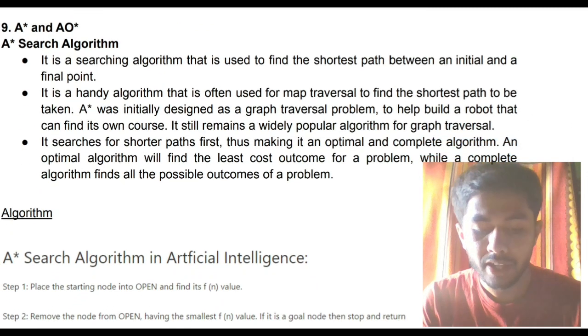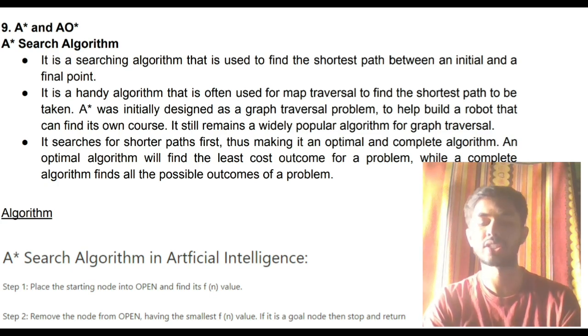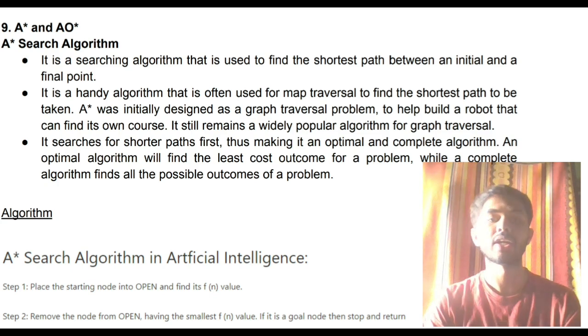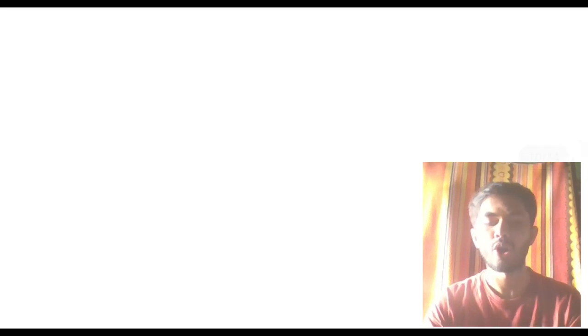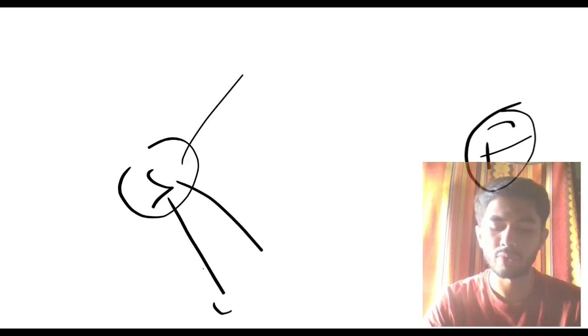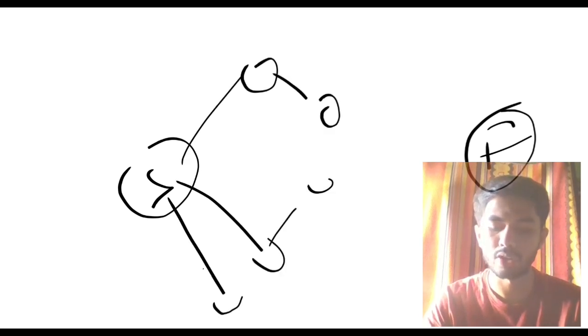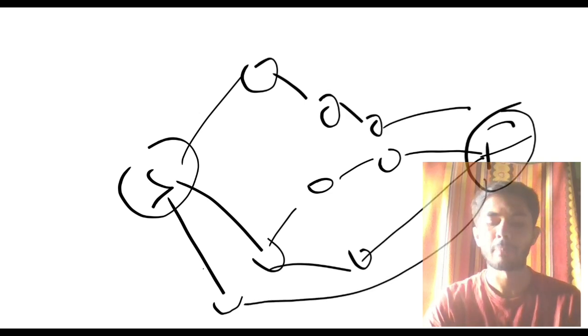Done. Next we have A star and A star. This is the last question from module 1 for the super important questions, so let's get done with this one. A star and A star, very simple. A star and A star both find us an optimal solution. Obviously all algorithms find something optimal, right? If there is a start state and a final state, you have many different ways to go. You can go here, then here, and finally you will be reaching the goal from many places, but which is the most optimal one?